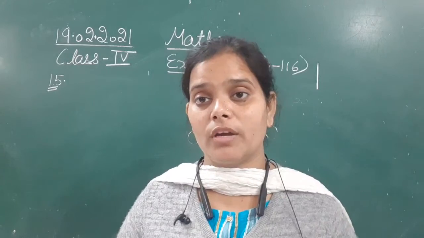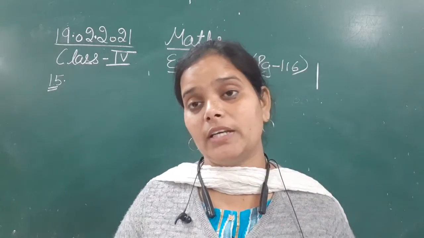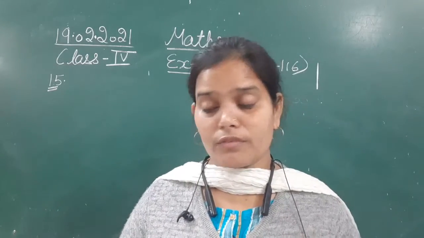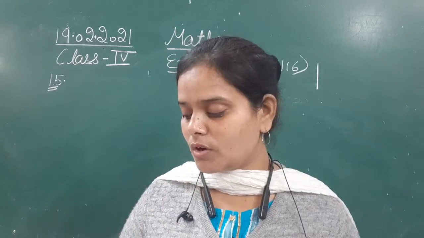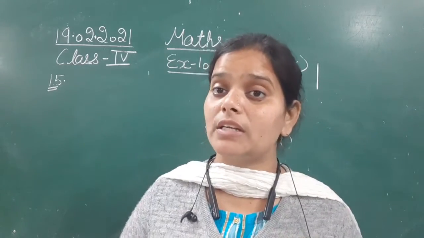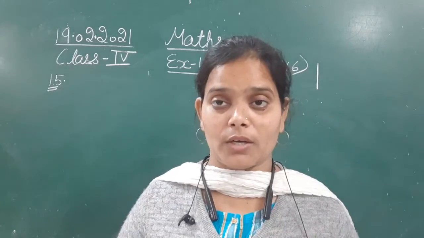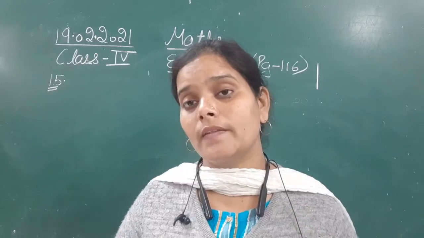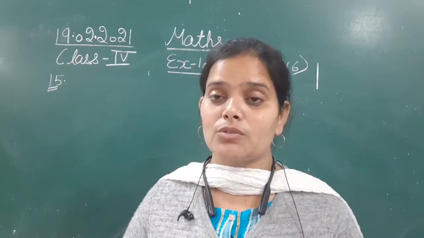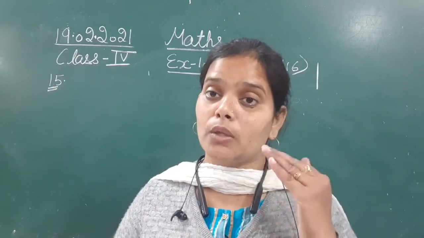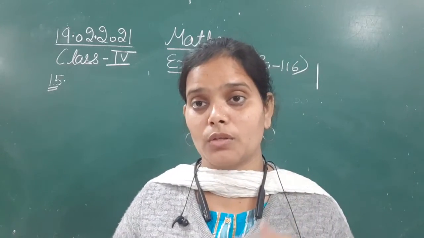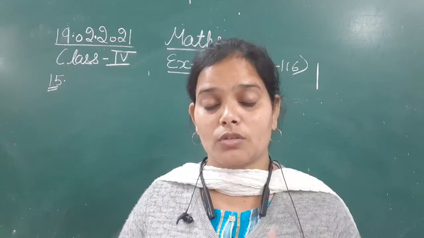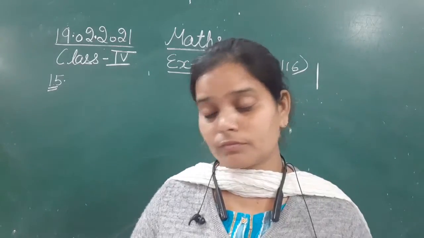Okay, and now her weight is, weight gain करने के बाद उसका weight कितना हो गया, that is 50 kg 200 grams. So that means now she is 50 kg and 200 grams. What was her weight earlier, इससे पहले उसका weight कितना था, this is what we need to find out. The weight gained and the present weight are given, and we need to find the earlier weight. So we will subtract the weight gained from the current weight, and we can easily find the earlier weight of Sunita.